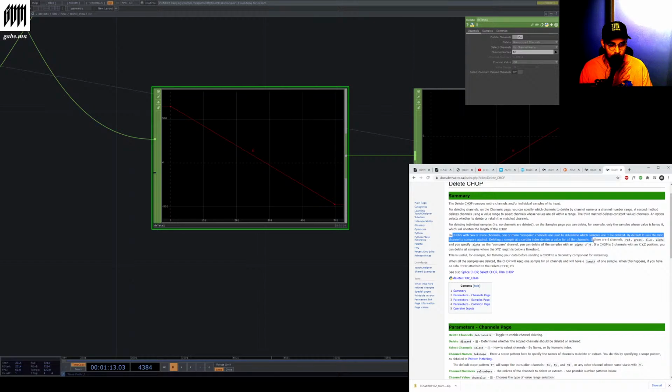If chop is 3 channels with an XYZ position, you can delete all samples where the XYZ length is below a threshold. This is useful, for example, for thinning your data before sending a chop to a geometry component. When all the samples are deleted, the chop will keep one sample for all channels and will have a length of one sample. When this happens, if you have an info chop attached to the delete chop, it is